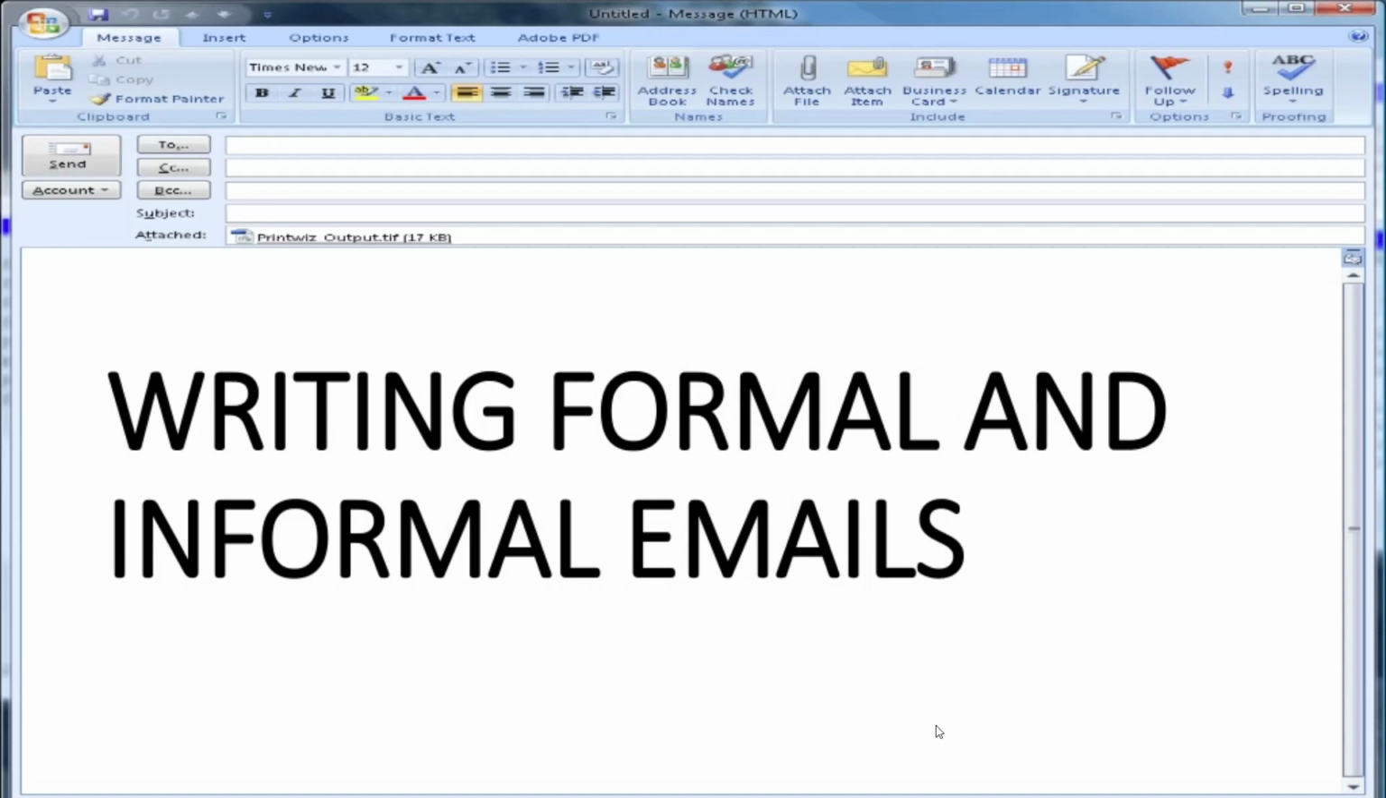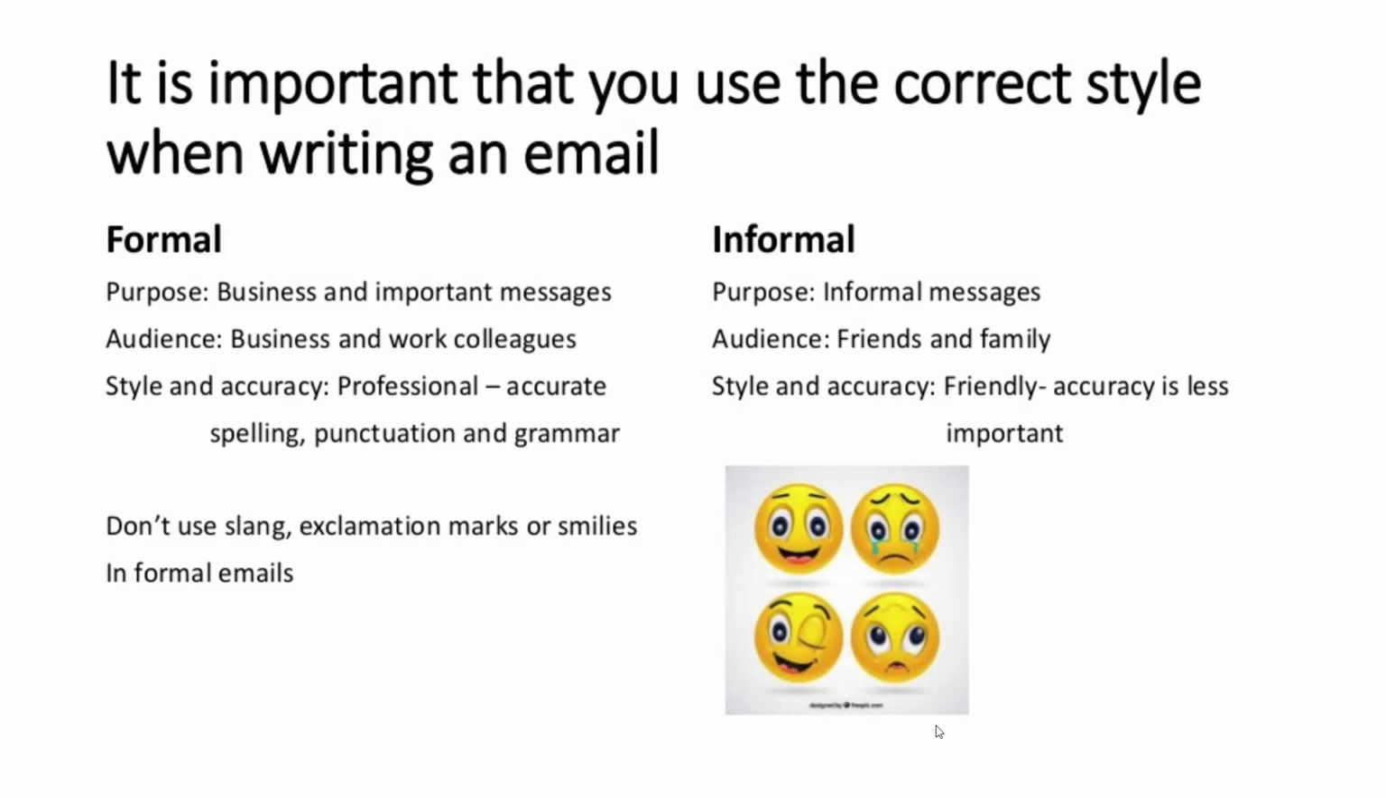We're going to have a look at emails, formal and informal emails. And I'm going to tell you about the do's and the don'ts with formal and informal emails. It's important that you use the correct style when writing an email. So you have formal emails, a formal writing style, and informal. Formal, for mail. For businesses, important messages,